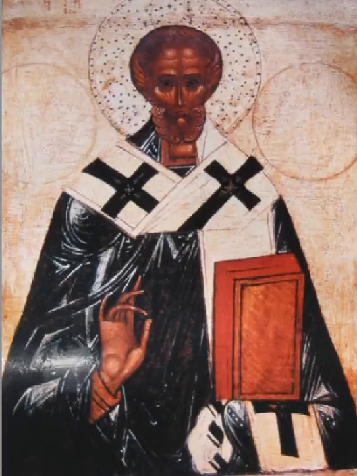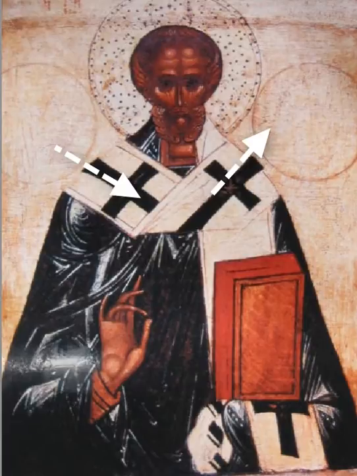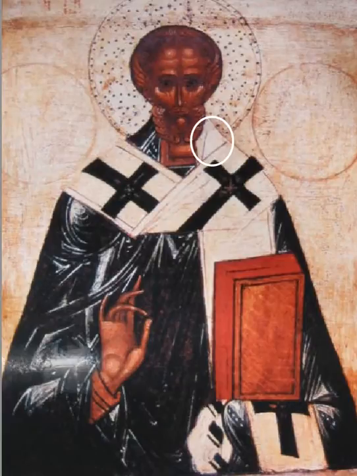Let us look at an icon of St. Nicholas. One of the most pronounced elements in the design is the relation among the crosses on the saint's omophorion. They move counterclockwise around his shoulders. The symmetrical placement of light and dark shapes immediately to the right and left sides, respectively, of the saint's neck